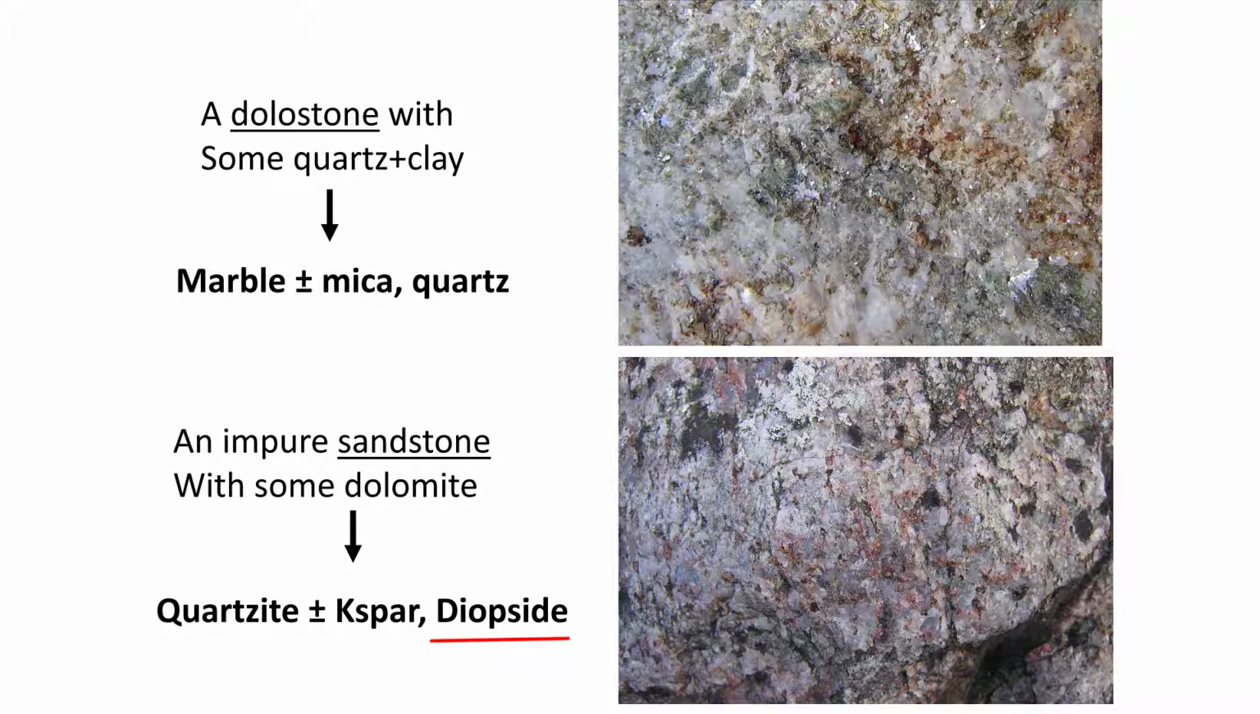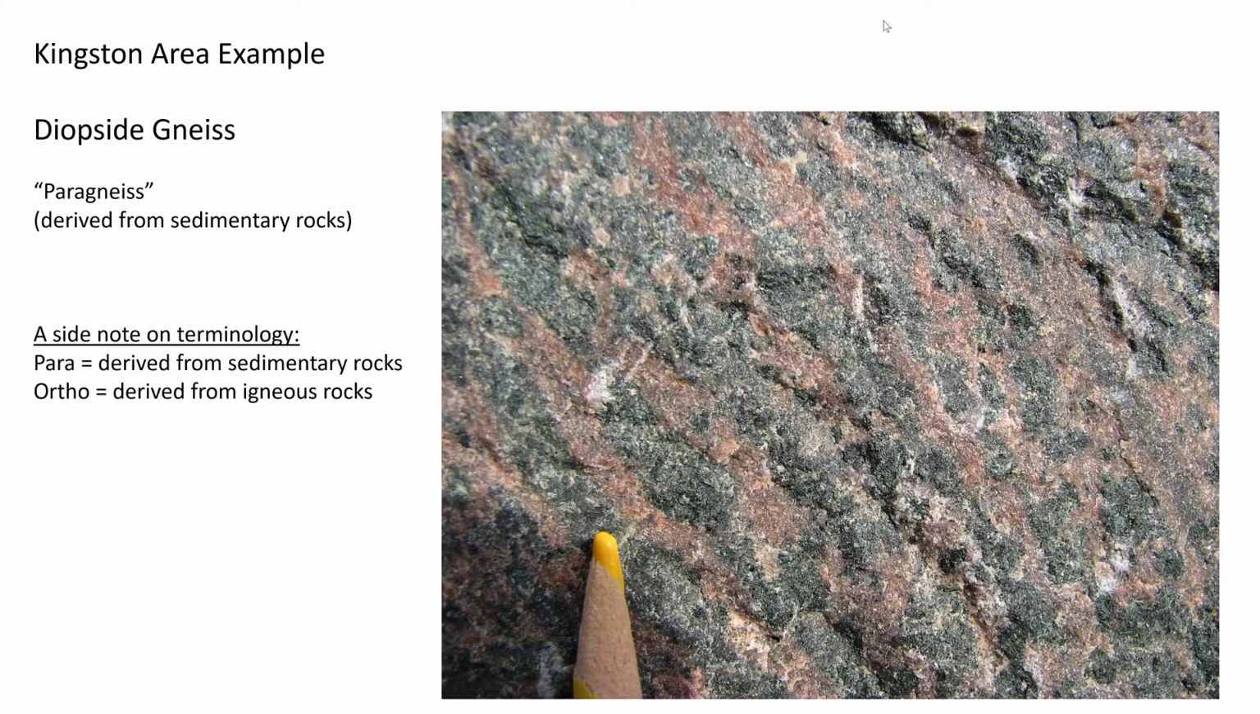And now we've learned a bit more about the mineral diopside. There's quite a bit of diopside in Kingston. This is an example of the diopside gneiss. It is a paragneiss, which simply means that it was derived from sedimentary rocks. So the sedimentary rocks it was derived from are quartz and dolomite, which fit into protoliths of sandstones and dolostones. From that, you can start to interpret the protolith of the diopside gneiss and the original depositional environment of the